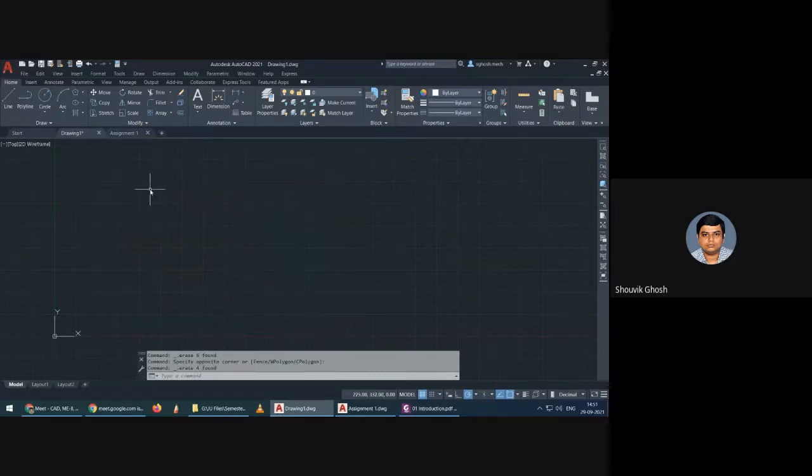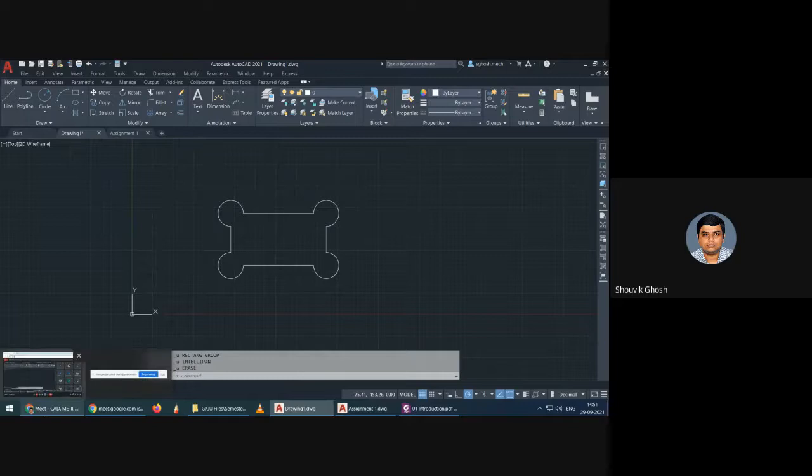Offset, on the other hand, lets us draw a similar object at a specified interval. Okay. Suppose I'm going back to the same drawing that I have done previously. Yes, this one. So you can see this is a particular figure. So now I am going for using the offset value.